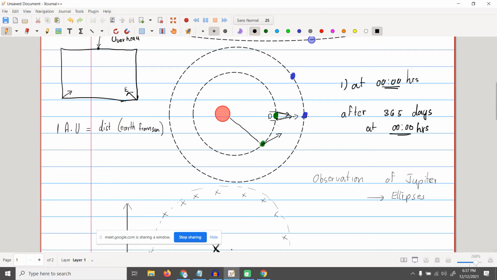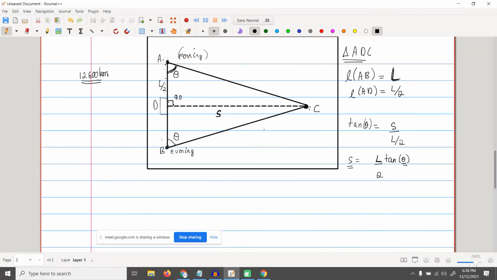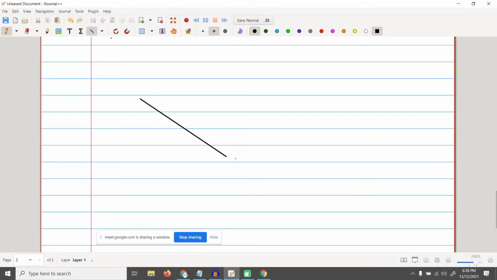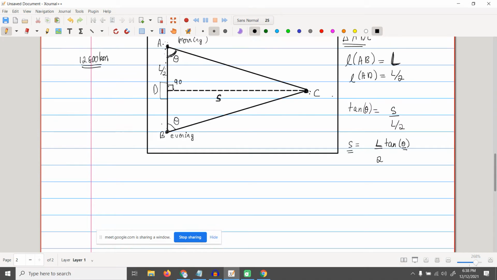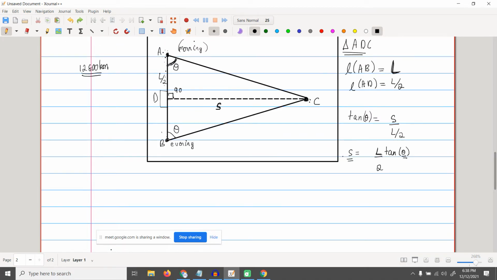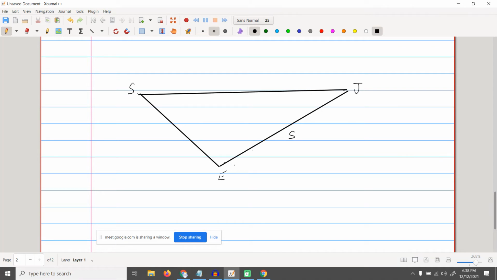Alright, so this distance is 1 astronomical unit. And we can tell where Jupiter is, and as you can see, this forms a triangle over here. Now my question is, if you have a triangle, this is Sun, this is Earth, and this is Jupiter. We have found out the distance of Earth to Jupiter. That is S, your displacement, which we had used in the trigonometry over here. We have found that out. We have told that the value S to E is 1 astronomical unit.